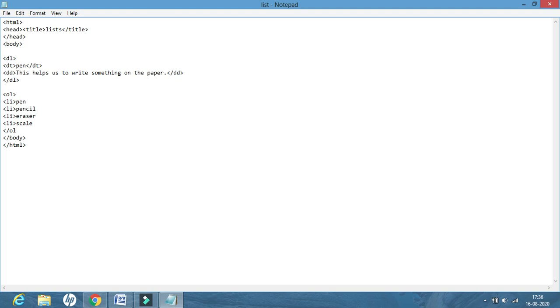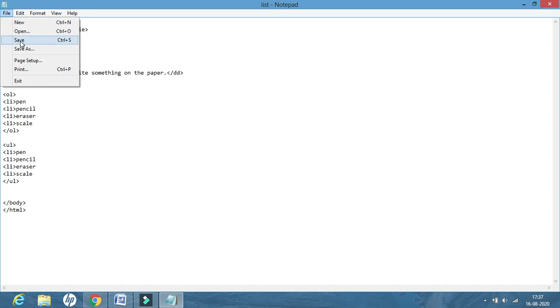Let us close OL. The same thing we will use to create unordered list. So to save time, I am copying and pasting it, but instead of OL I will use UL to create the unordered list. We are done.